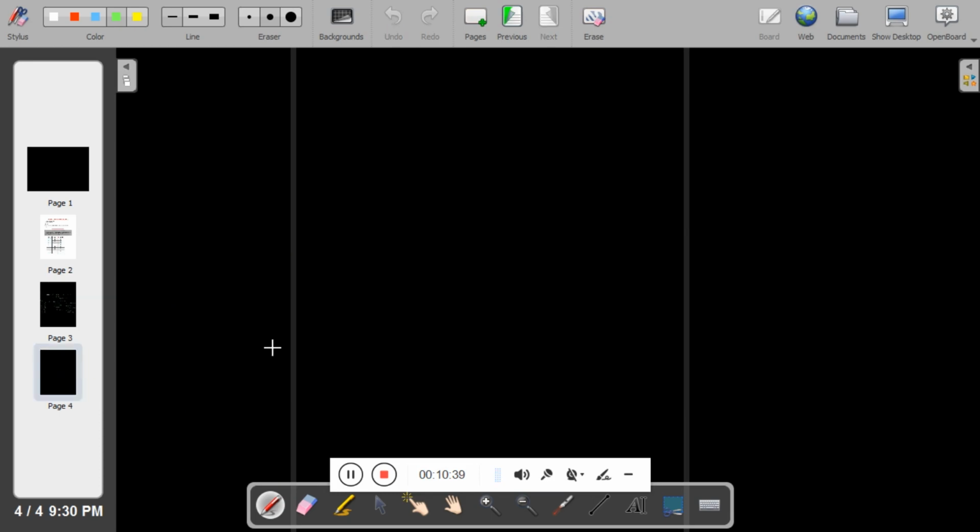Okay, now let me draw the circuit diagram. First I will draw the diagram of the 8 is to 1 mux.